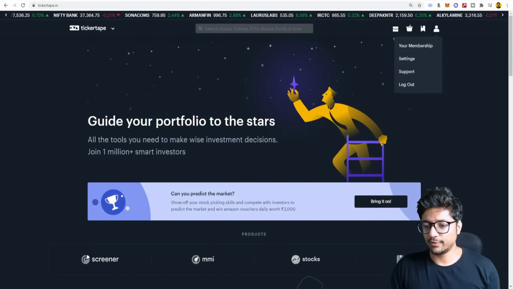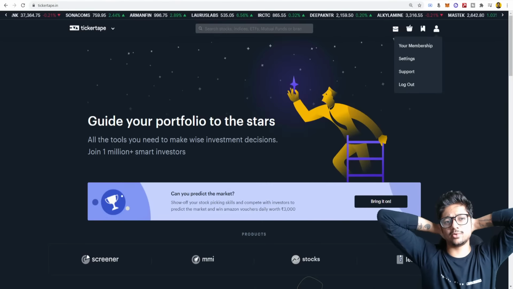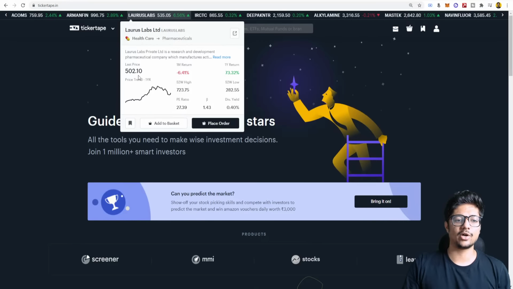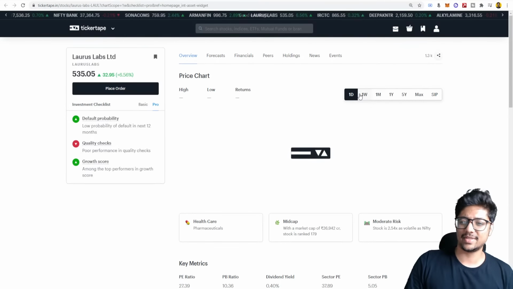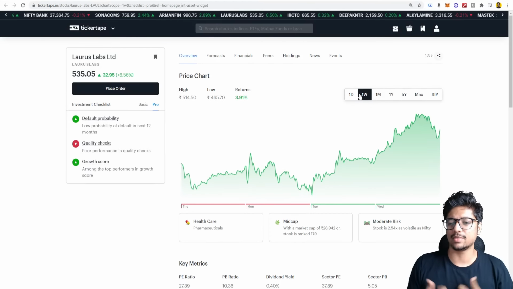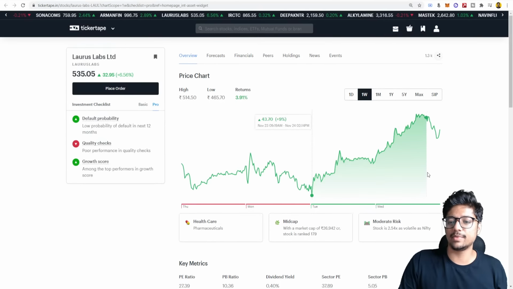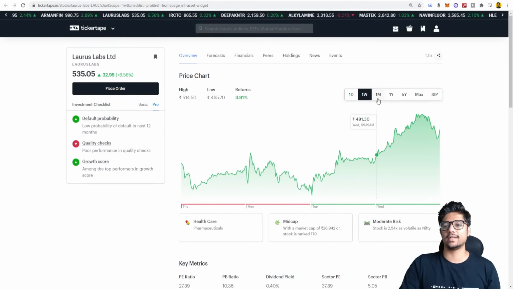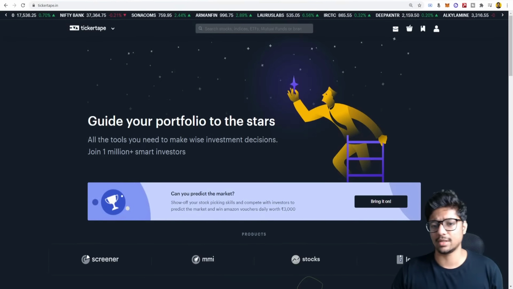Here we go. First of all, guys, for all the people who were panicking a few days ago about Lotus Labs, it has gone up quite significantly. If you see the ticker going on top here, it has definitely gone up quite significantly in the last few days, just to give you guys an understanding. And I kept saying, don't panic, relax karo, long term ke liye socho. And this is what long term ke liye socho means, right? When it had dropped down, I bought in heavy and it's gone up quite significantly in the last few days. So if you are smart in investing, you will make good decisions in the market.